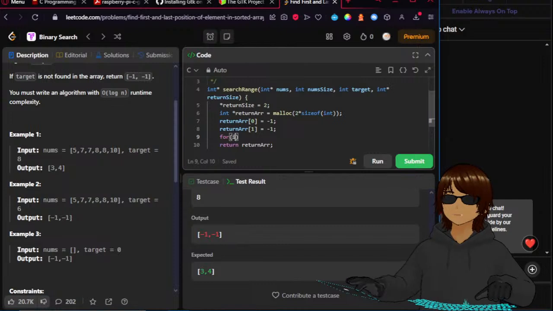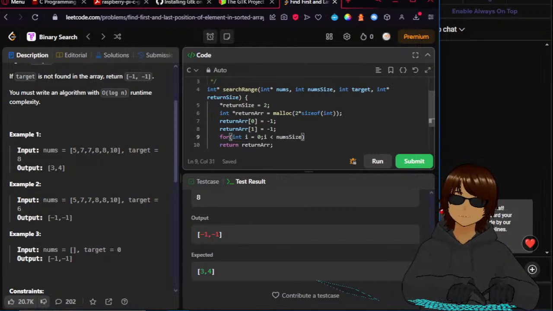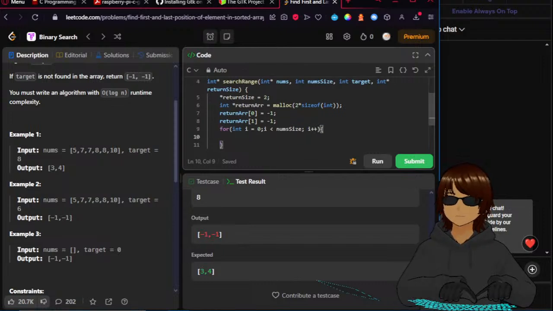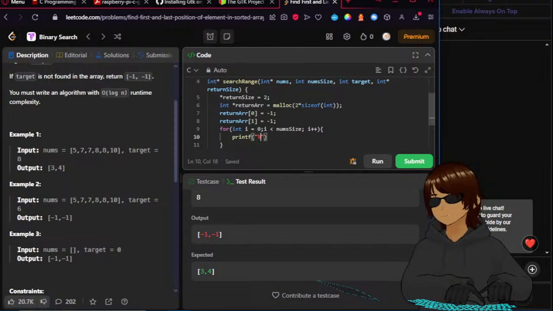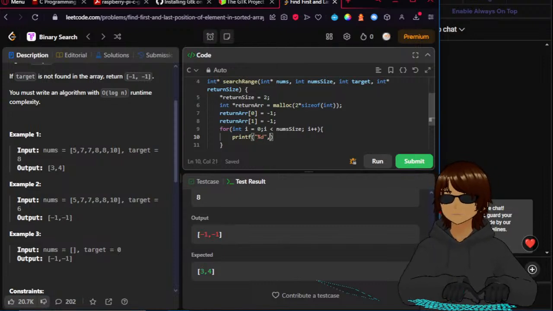So for int i is equal to 0, i is less than nums size, i plus plus, and then printf percentage d nums. Now